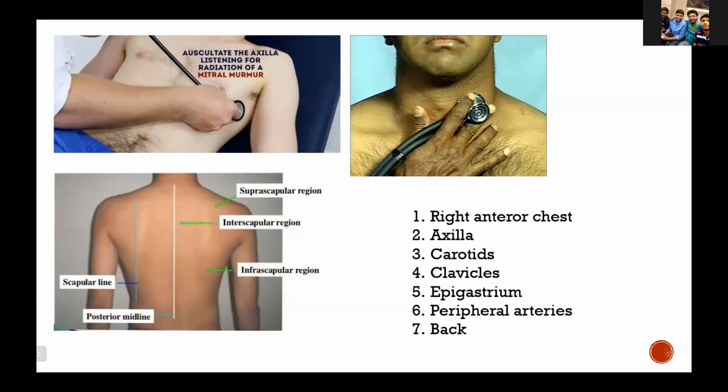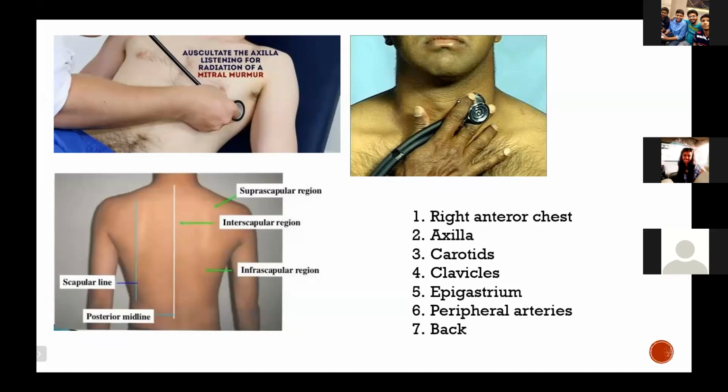And finally, you tell the patient to turn and you auscultate in the back. In the back, the main areas that you need to auscultate are the interscapular area and the spine and your infrascapular area. In the interscapular area, if there are any murmurs because of coarctation of aorta or any aortic aneurysm, you might be able to identify those. Similarly, in the infrascapular area, if there are any collateral circulations which have developed, then those bruits can be picked up.